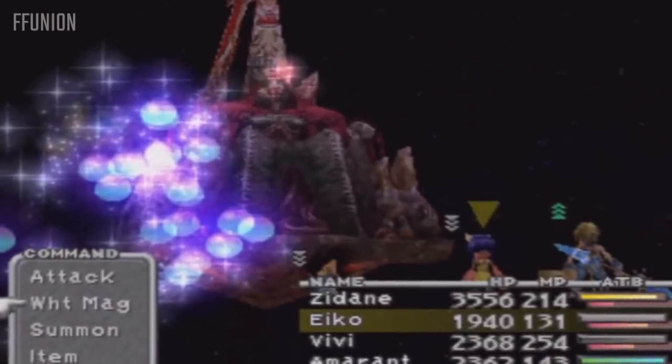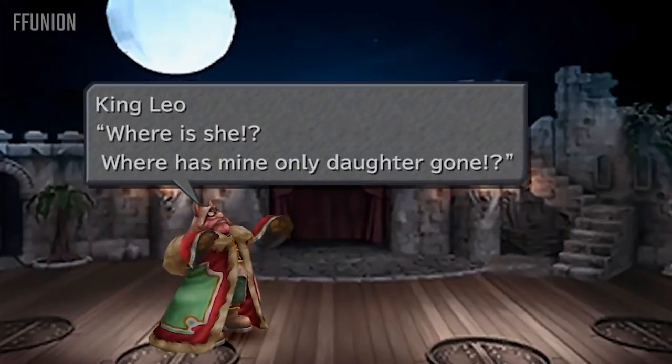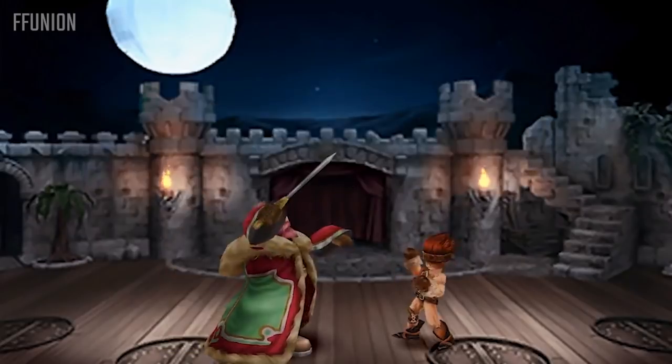After beating Hades, this can be used to synthesize the Tin Armor, but if you're able to restrain yourself and have it in your inventory at the end of the game, an extra scene will play. And in this scene, Baku plays King Leo in a rendition of I Want to Be Your Canary and pretends